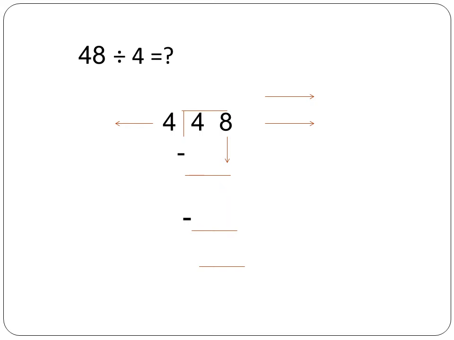You have got a similar example, 48 divided by 4. So you have to place the numbers. Next, start from the tens place. So the number is 4. 4 ones are 4. Subtract. 4 minus 4 is equal to 0. Next step is to bring 8 down. Okay, is it clear? Next, 4 twos are 8. Subtract. 8 minus 8 is equal to 0. As you know very well, 12 is the quotient, 48 is the dividend, 4 is the divisor.